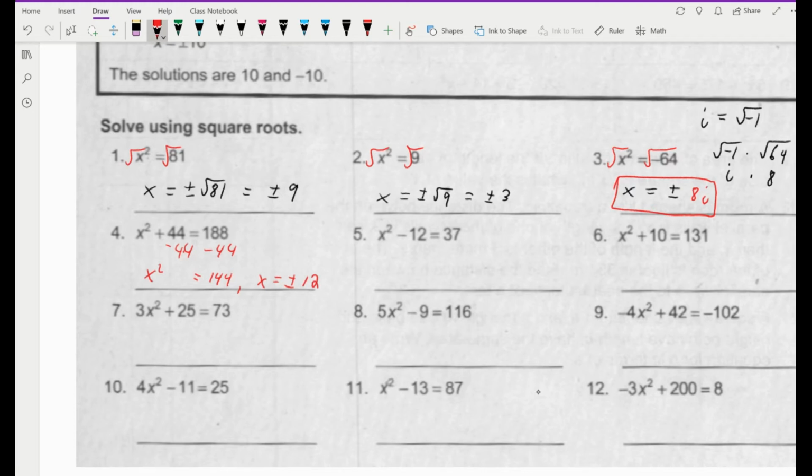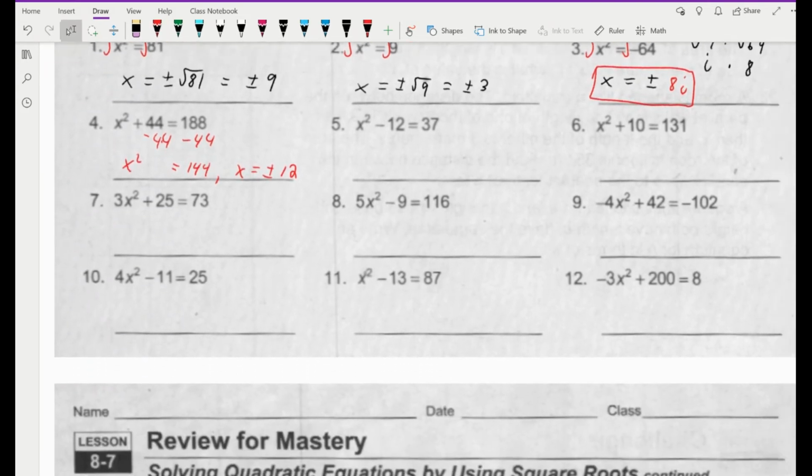Now for these examples here, for number 5, I want you to continue this one on your own. Most of these other ones are going to be fine. I want you to complete these on your own. The only thing I want to talk about here is going to be number